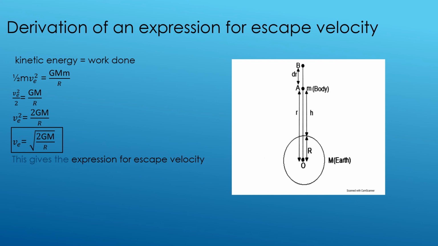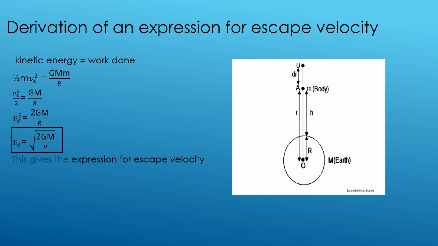So half m VE square is equal to capital G, capital M, small m by R. The small m cancels. What is left is VE square by 2 is equal to capital G, capital M by R. Taking 2 to the right-hand side,